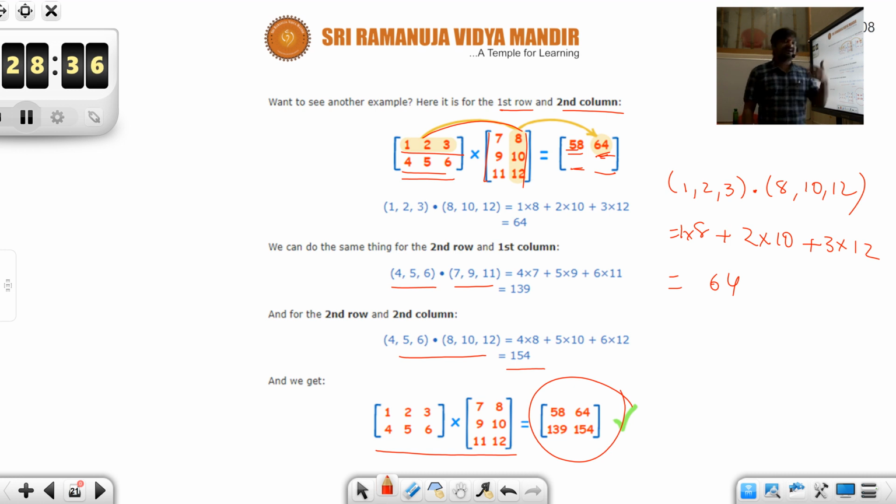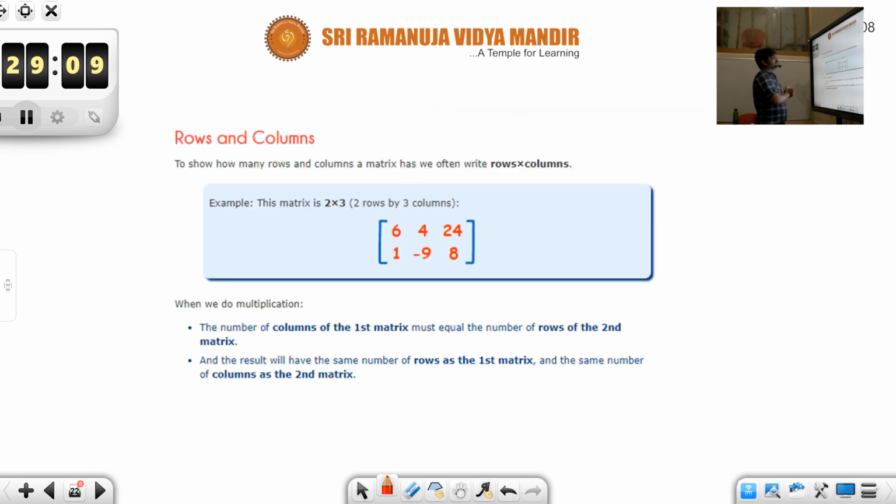But still, there are many unanswered questions. Why are we performing multiplication in this way? Again, multiplication is a bit confusing. Can we multiply any two matrices? Is there a condition like the sizes of the matrices should be the same or something like that? See here, the size of the first matrix is 2 by 3, whereas the size of the second matrix is 3 by 2. Here the sizes are different, still we are performing multiplication. So let's look at the answers for these basic questions.